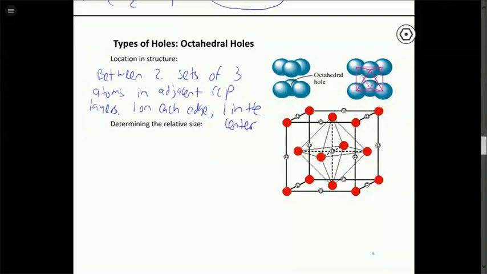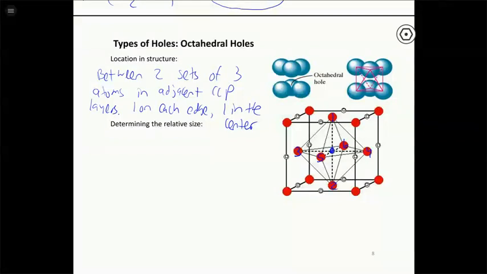Alright, so these little white circles here that have an O in them, those are the octahedral holes. There's 1 in the middle of each edge, and then there's 1 in the center. If we look at the one in the center, it becomes pretty obvious why we call it an octahedral hole. That one in the center has 1, 2, 3, 4, 5, 6 ions surrounding it, so we call it an octahedral hole. It's at the center of an octahedron formed by the face centers of this structure. But there's a total of 1, 2, 3, 4.